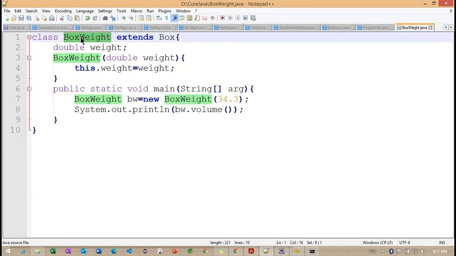So now, BoxWeight. This particular BoxWeight is already saved here. Now, if I call this particular value method, what is the value we are going to get here? Any idea? What is the output we are going to get?